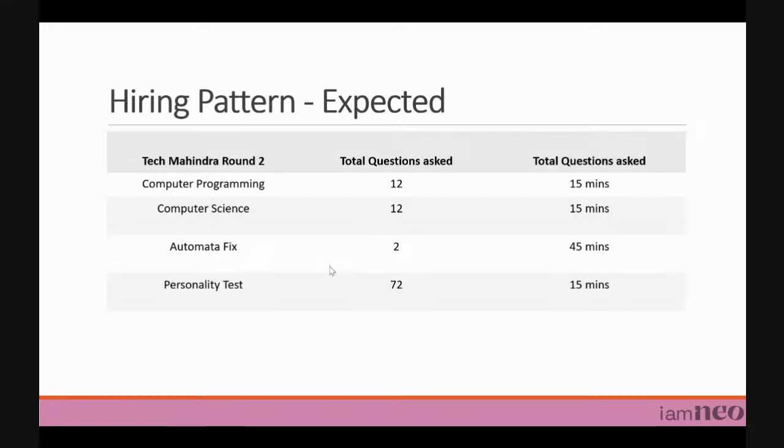And then as far as coding is concerned for Tech Mahindra, the major part or the complexity of the question will be from arrays and strings, which you have to majorly concentrate upon. So two coding questions will be given. Okay, so totally you will be getting 92 questions overall, out of which you will be shortlisted from the technical rounds. Okay, this is the glimpse of your Tech Mahindra.